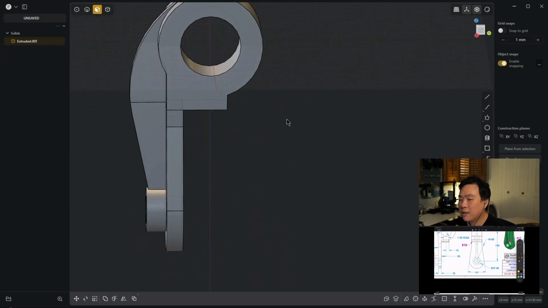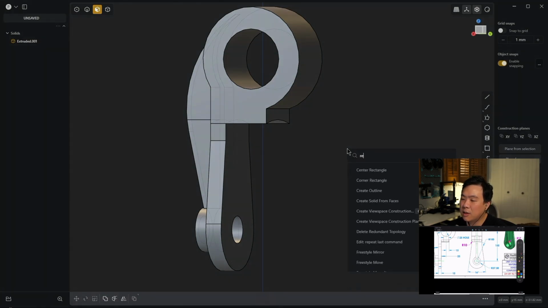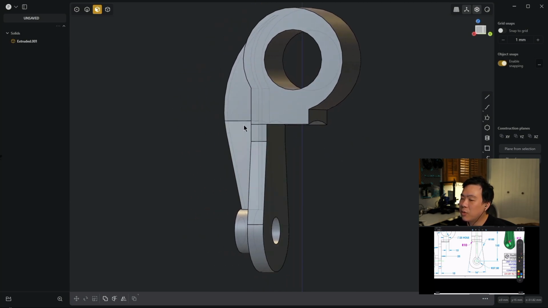So like I said, for the imprint, all I needed was that front edge, but it gave me these additional edges here. So the command I'm going to run now is called delete redundant topology, if I search redundant. My understanding is that it basically simplifies your layout. So in this example, this face over here and this face over here are basically on the same plane. If I could just get rid of this edge over here, they could be one face instead of two different faces. And again, this was added when we imprinted the circle. So we're just going in and removing these redundant